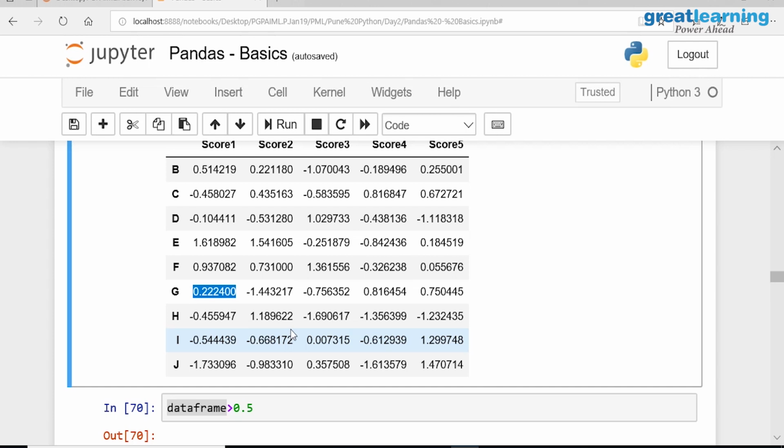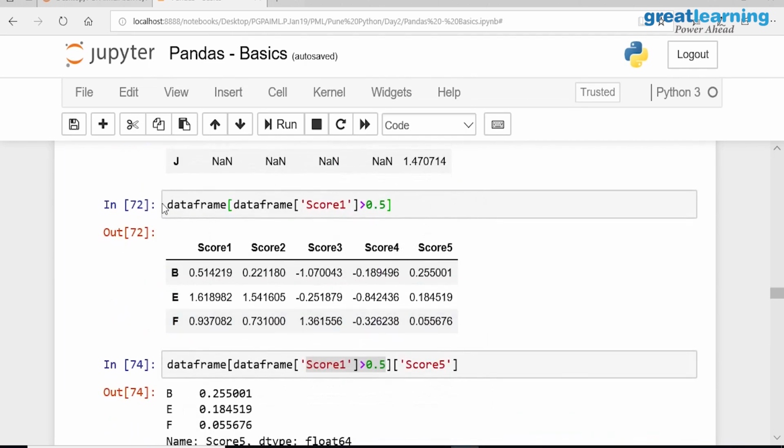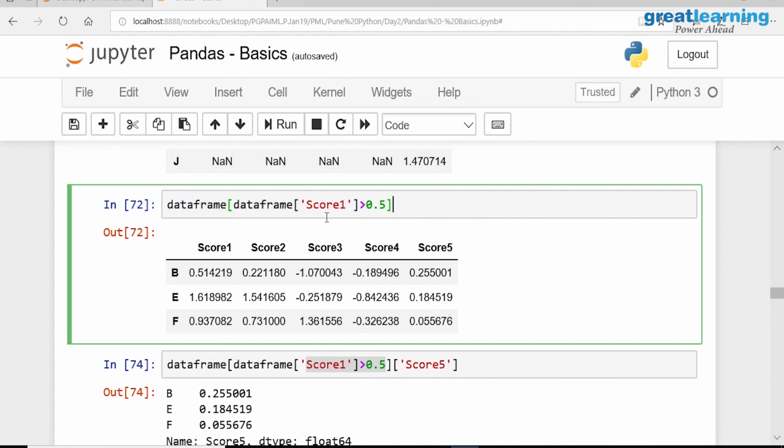Okay? If you look at the condition which I have written now, the condition is like this, right? In this data frame, where the score is greater than. So, if I run only this particular thing, what will happen? I will get a true or false. Now, I am passing those trues and falses to my data frame so that only the trues will be displayed. The index of those things only will come.